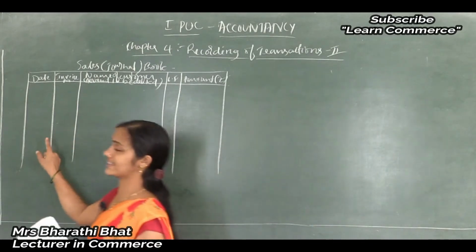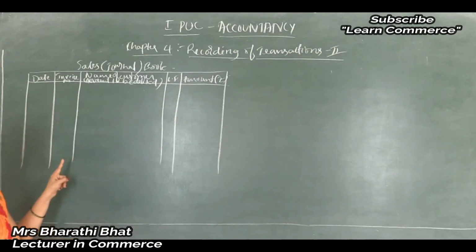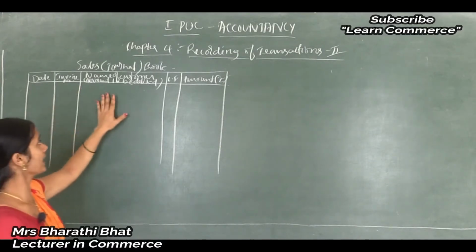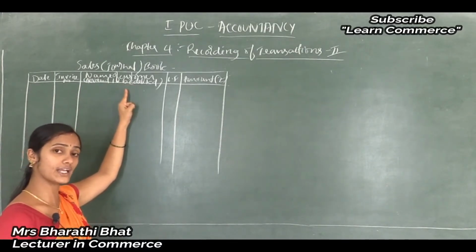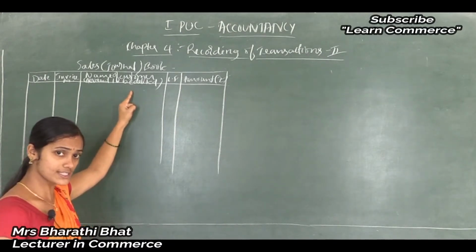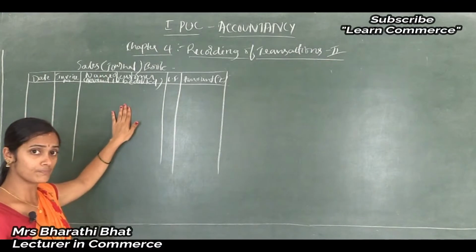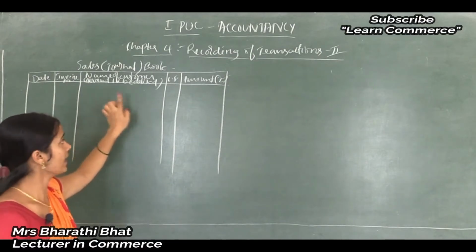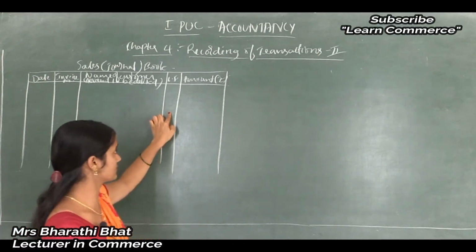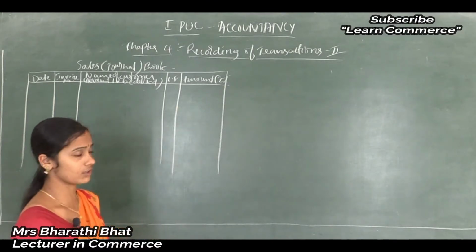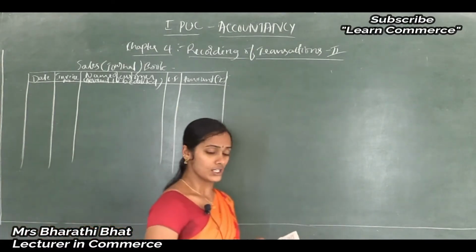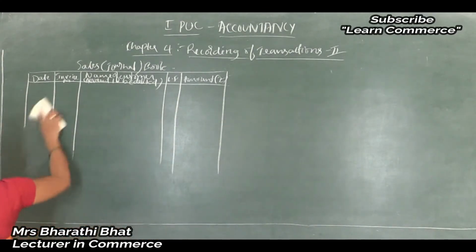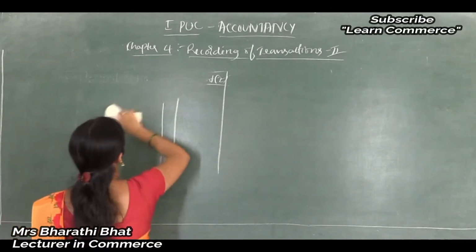We have to write the date here. Suppose the invoice number is not mentioned in the illustration, then just put a serial number. We have to mention 1, 2, 3 like that. And here, instead of name of supplier, we have to write name of customer, because we are preparing the sales book. The organization to whom we are selling, that name we have to mention here, and LF to record the ledger folio page number, and the next one is amount. Okay, so sold 4 bags. Now I will erase this and let's start the first illustration on the sales book.